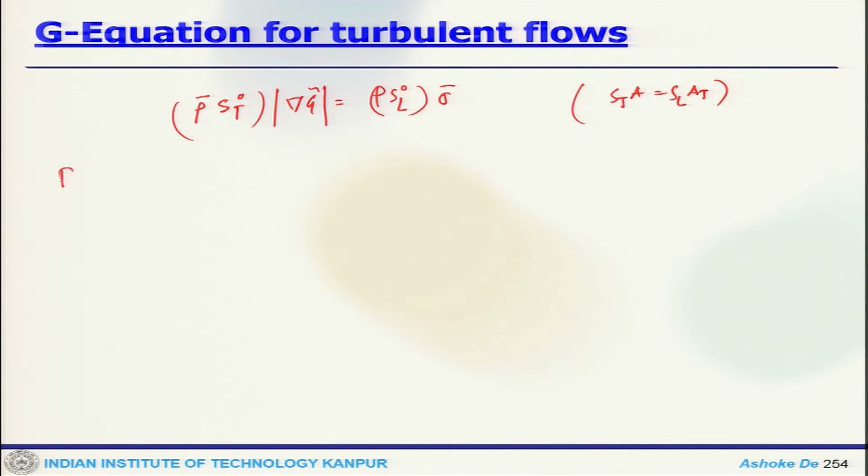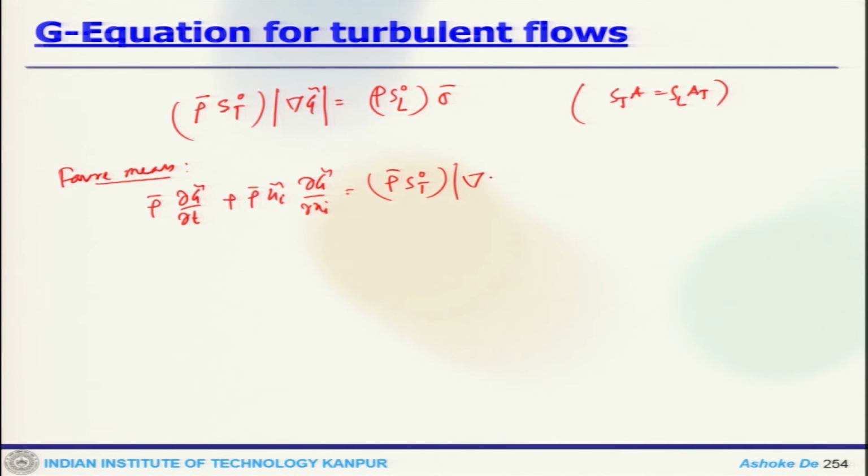Now, the Favre mean equation will get rho bar, or rather it is modified now, equals to rho bar ST0 del G minus rho diffusivity kappa del G,